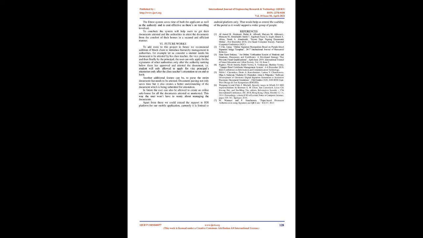D. At authority side. An authority can log in the system where they are presented with a list of available documents to be attested and they are given an option to raise conflicts if they don't agree with a particular document. The authority can download the document, then attest and finally upload the updated document. The updated document is then sent to the database. Upon successful attestation the applicant will receive a completion notification, then the applicant can download the attested document.